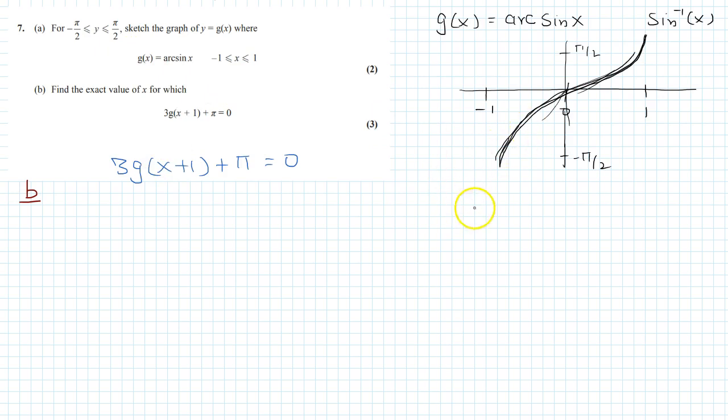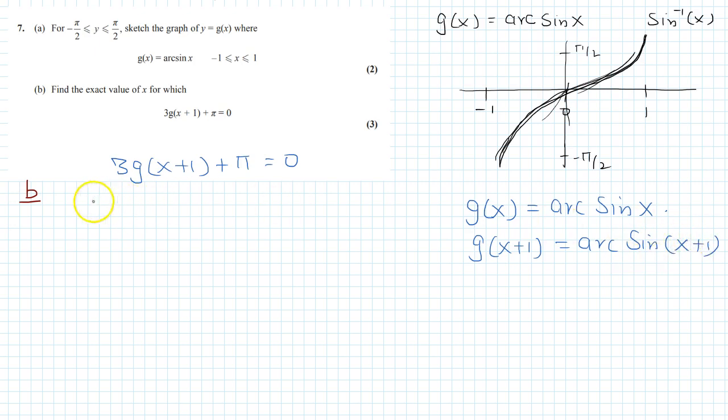Now g(x) is arc sine x, so g(x plus 1) will be arc sine (x plus 1). So 3 arc sine (x plus 1)